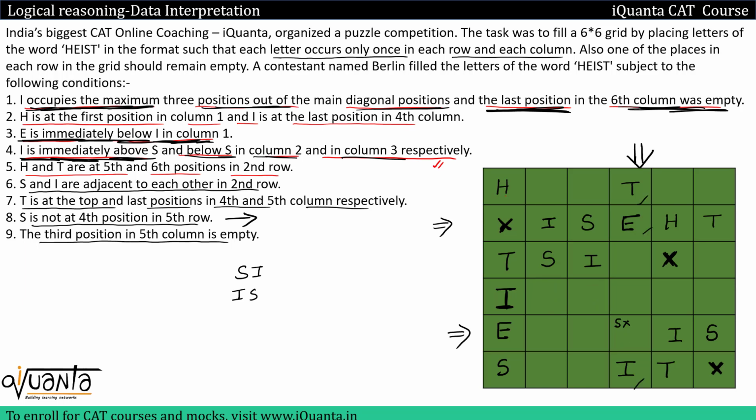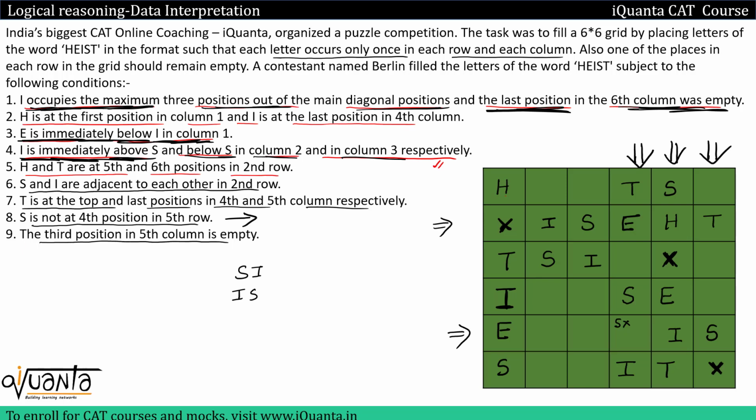Then if we come to this column, we can see that we have T, E, I. Okay, we have to place H and S. So can I place S over here? No, because we already have S in this row. I cannot place S over here. So only one place remains for S, it will be over here. Then if I come to this column over here, I have HIT. I have to place E and S. So S cannot be placed over here because we already have S in this row. So S can only be placed over here. That E will come over here. Okay, so I will write E over here.